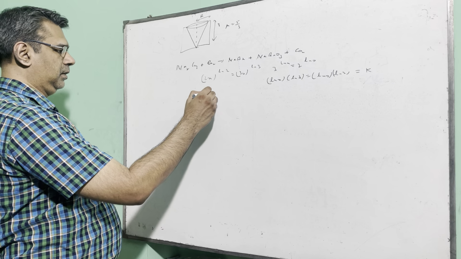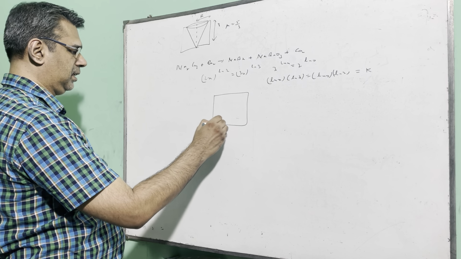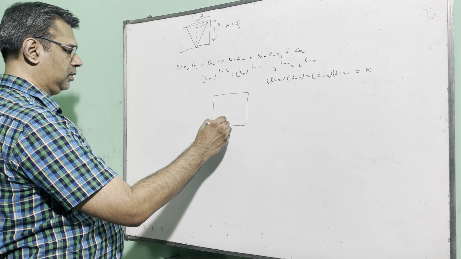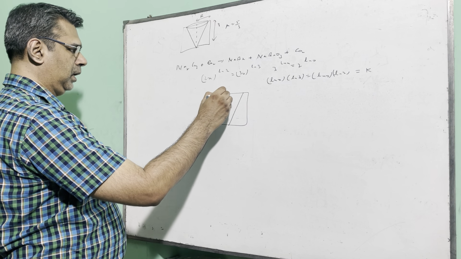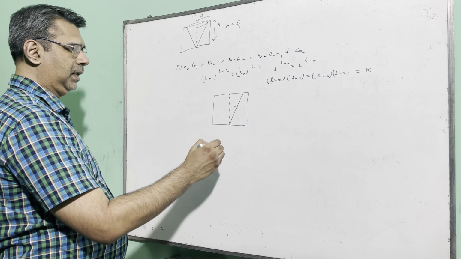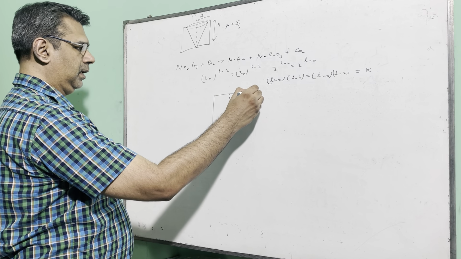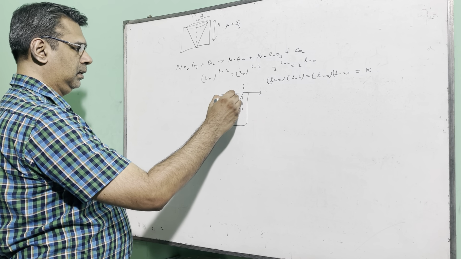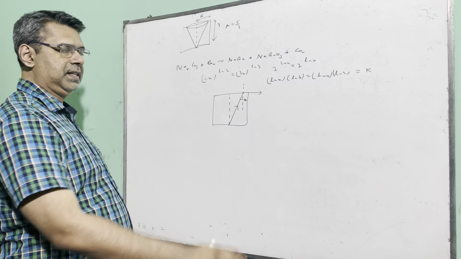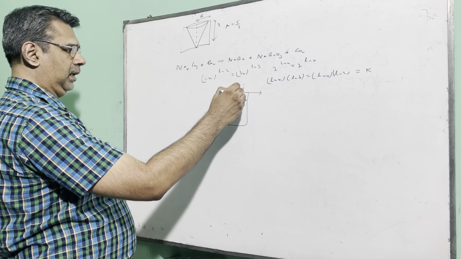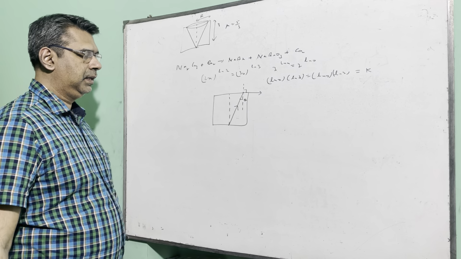Let's begin with the physics question. There is a glass slab and there is a point source of light at the bottom base of the slab. If the ray of light is coming out like this, then at the critical angle, suppose the critical angle is theta, the grazing angle of refraction will be 90 degrees.